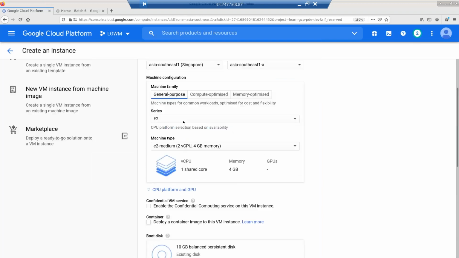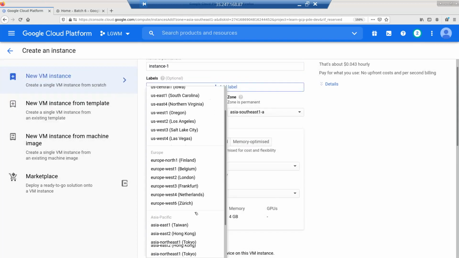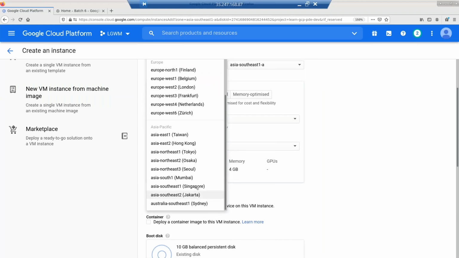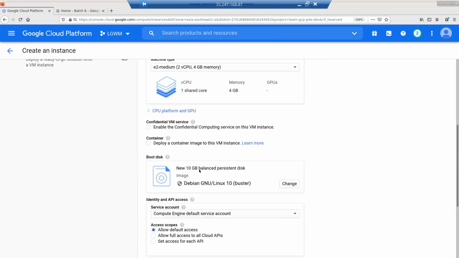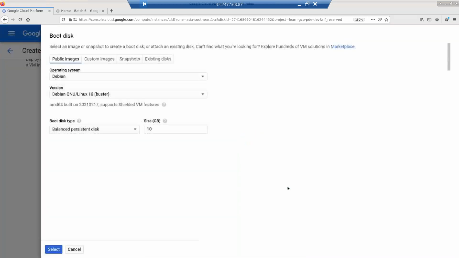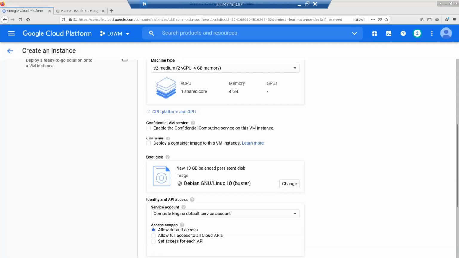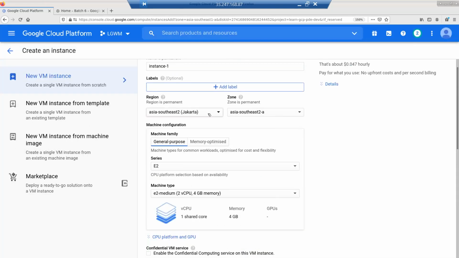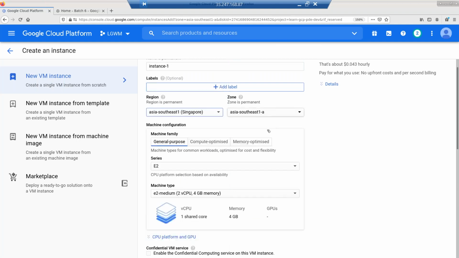Now if I change it to something else, say for example Jakarta, and when I do it, it's going to go off. Basically it's not going to show you. The reason is the disks are zonal, so you'll not see any existing disk in Jakarta. So it's a zonal one, and if you don't have it, you cannot attach it. Now if I change my location back to Singapore A zone,